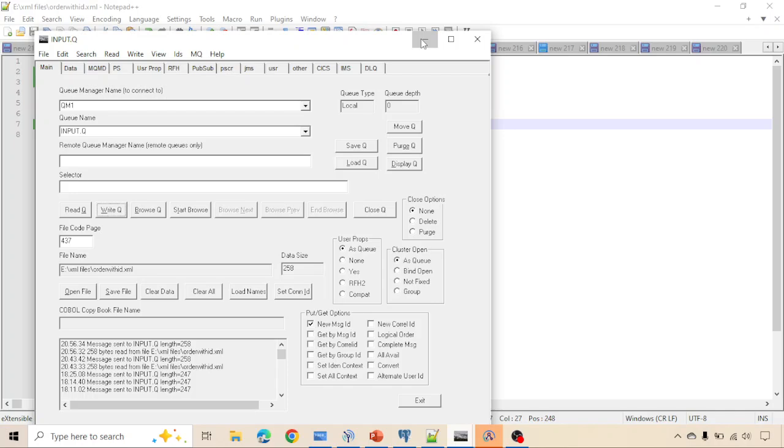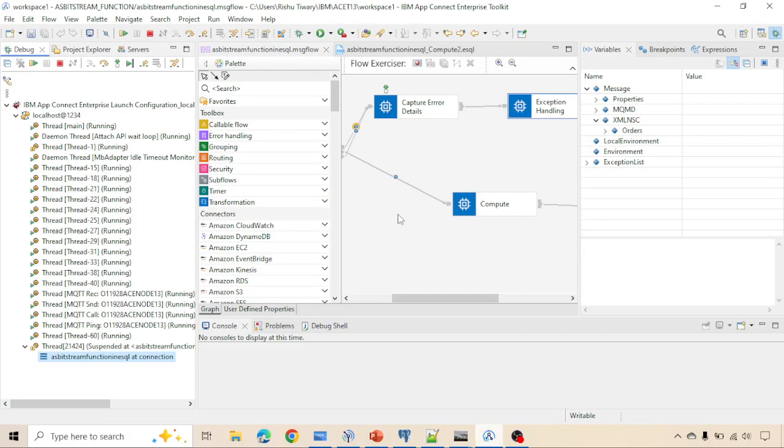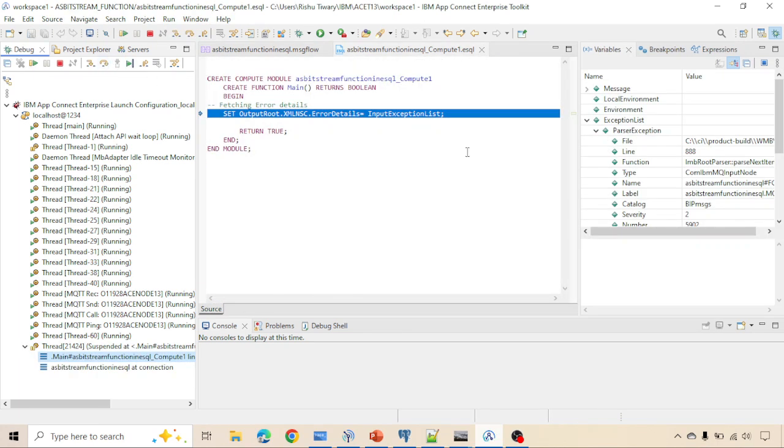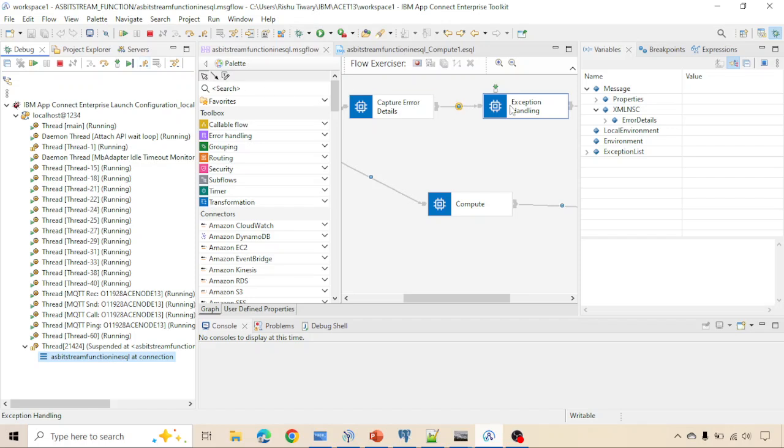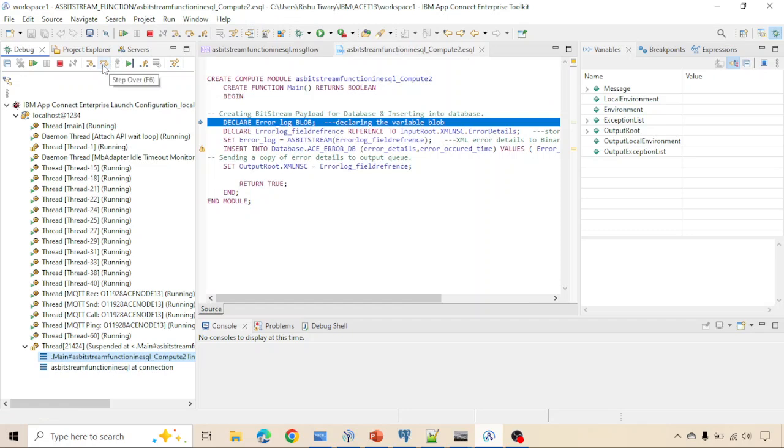Written the information to the queue, it came here. First error has occurred. Go inside the compute node. I just capture the information from the input exception tree and send to the output. In output it came as an input for this node. Further, in this node